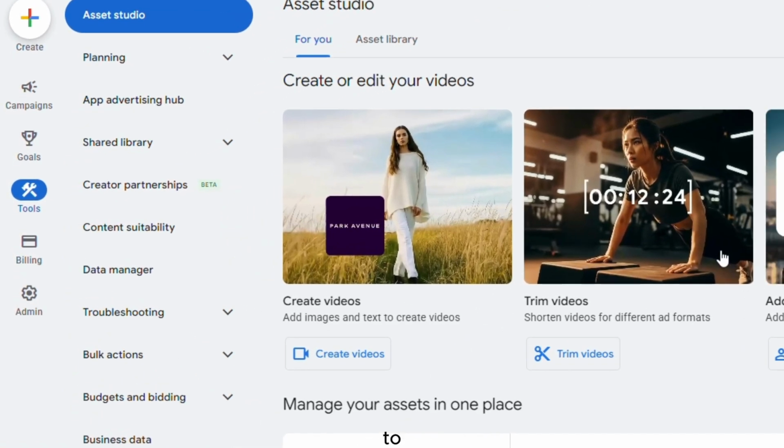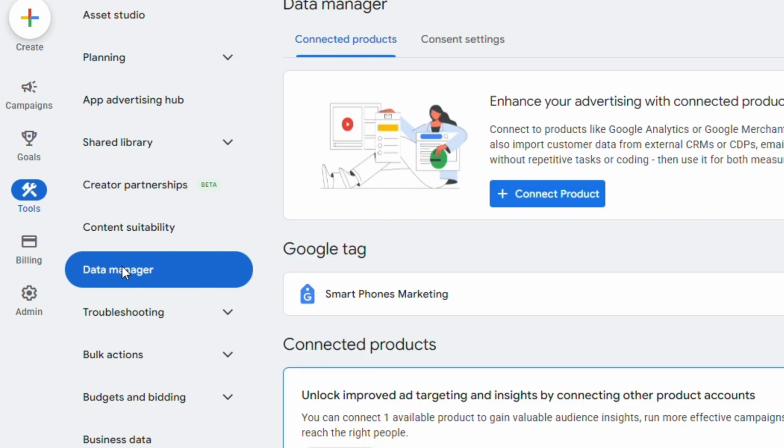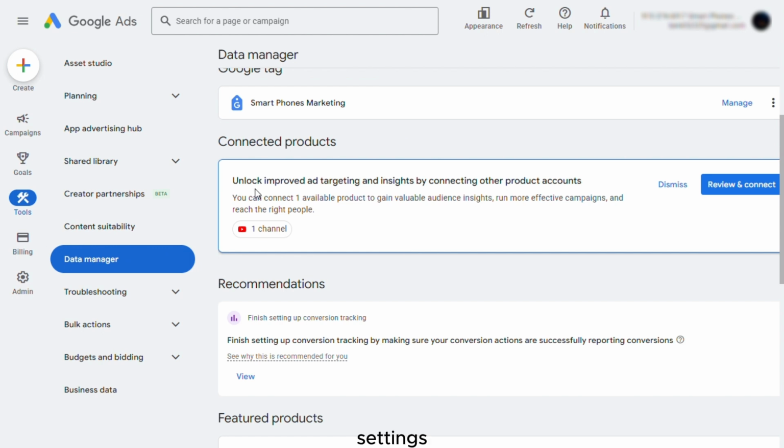Next, navigate to the left sidebar and make sure the Tools tab is selected. Then, in the Tools setting, click on the Data Manager option. Now, in the Data Manager settings, look under the Connected Products if there is a YouTube channel that Google Ads